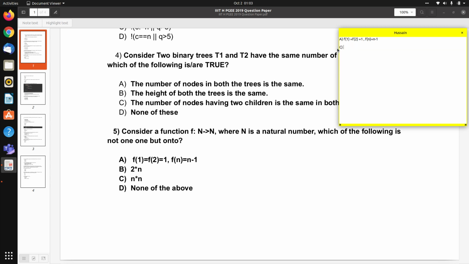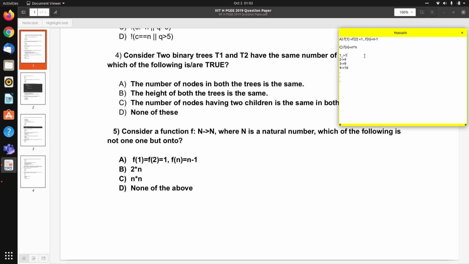Let's examine option C. So 1 is mapped to 1, 2 is mapped to 4, 4 is mapped to 16, 3 is mapped to 9, and so on. When we find this type of mapping, it helps us visualize better, so it makes our work easy in these types of questions.